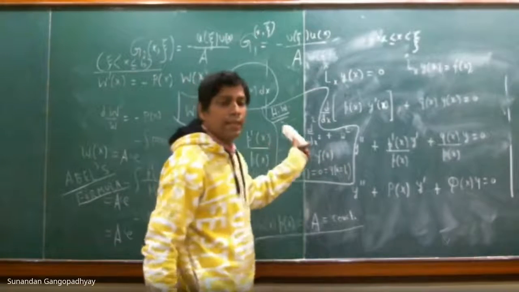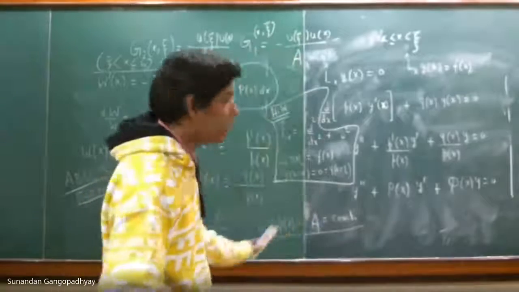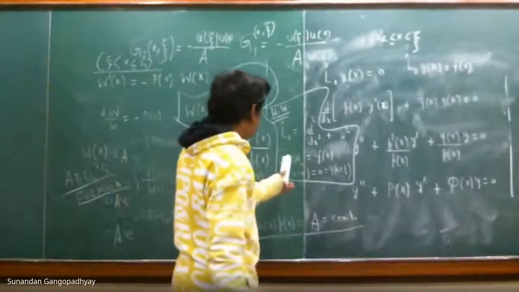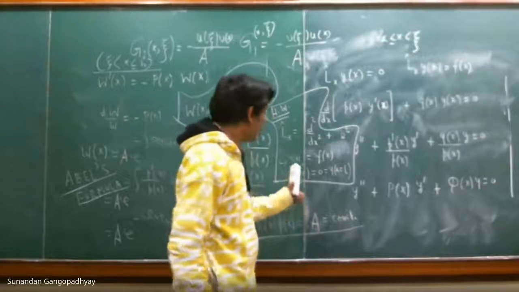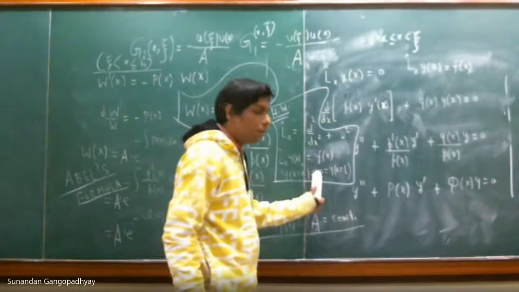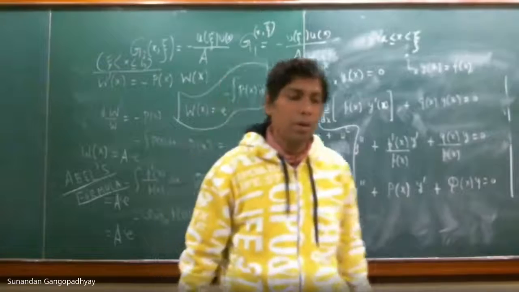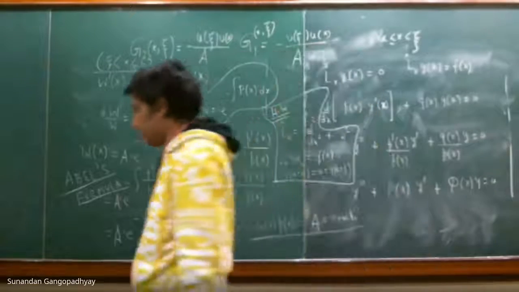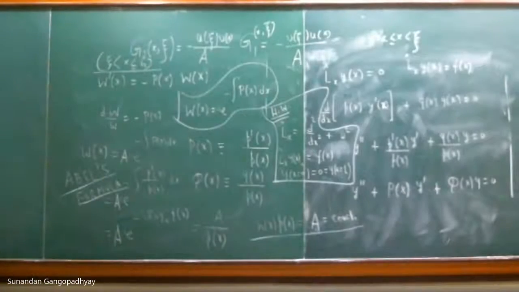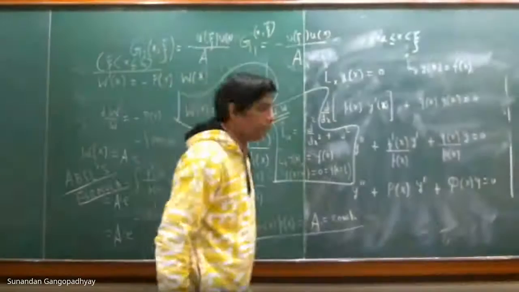You can easily check that this is a self-adjoint operator. It is actually in the Sturm-Liouville form. And what is the boundary condition that y of x should satisfy? y at x equal to 0 should be equal to 0, and similarly y at x equal to L should also be equal to 0. These are the boundary conditions that I impose on the solutions of y of x.